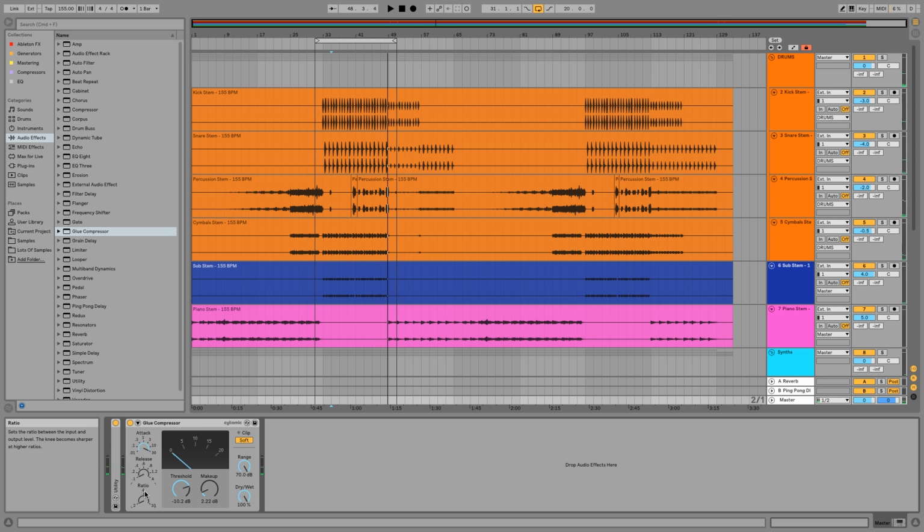So I like how that's fairly evenly compressing that whole sound, and it's giving it a bit more of a vibe. It's bringing out a bit more of those characteristics, also beefing up the sound a bit, making everything stick together a lot better. So I like that. And let's also look at one of the other compressors that we have available to us